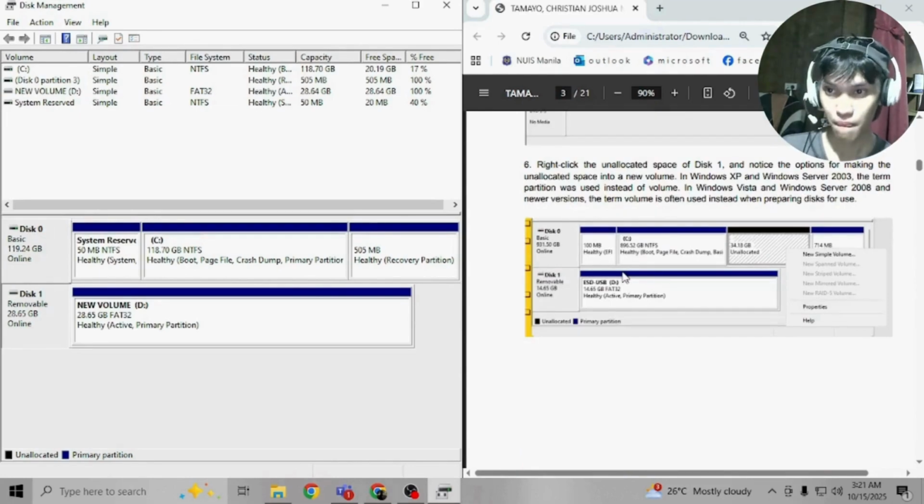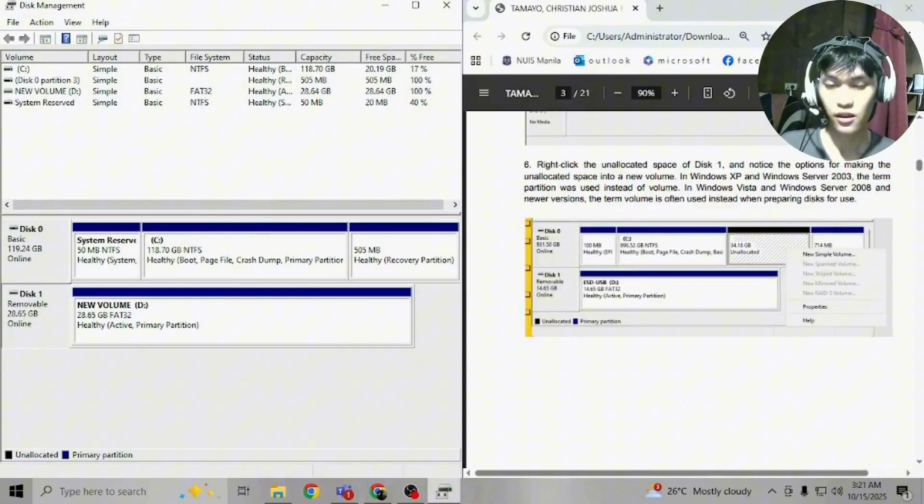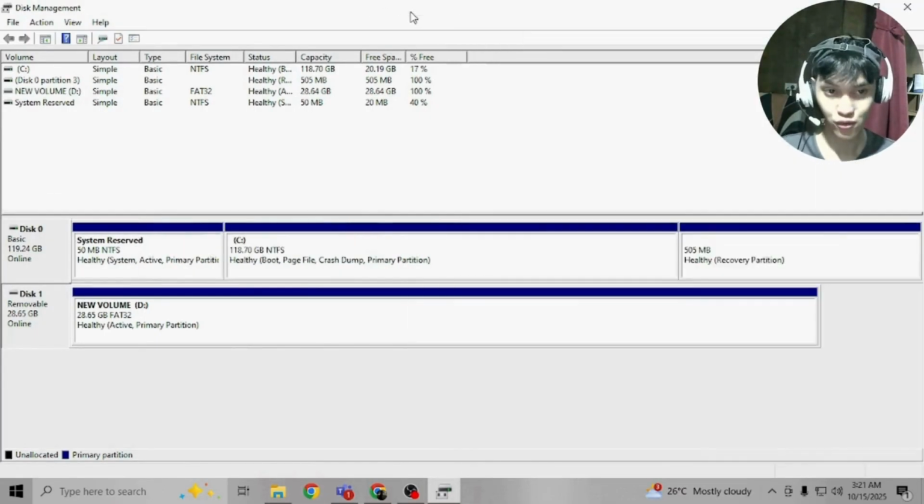Now we need to right-click the unallocated space of Disk 1 and notice the options for making the unallocated space into a new volume. Since we don't have an unallocated space here, as you can see, we shall create one first. So what we need to do is